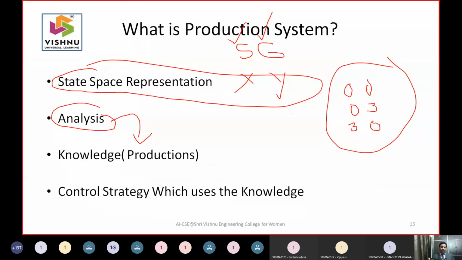Then you apply this knowledge to move from one state to another state by using some algorithm. It can be DFS or BFS or A star. Branch and bound is a different type of algorithm. Hill climbing was there, plateau was there. Many different types of algorithms will come, and you can apply any strategy based upon your application. And this is what the class is.